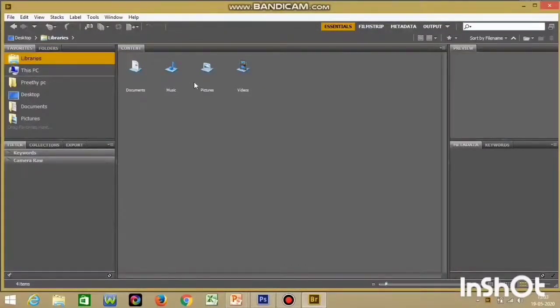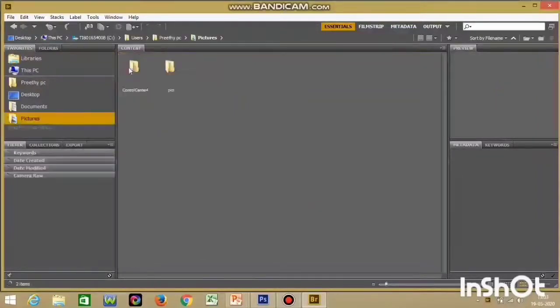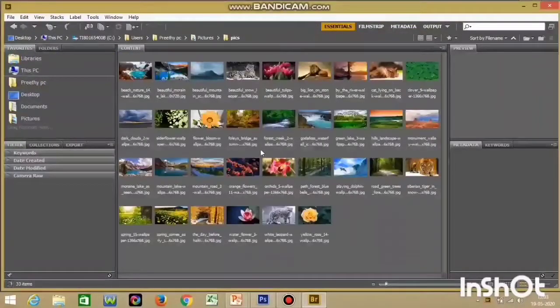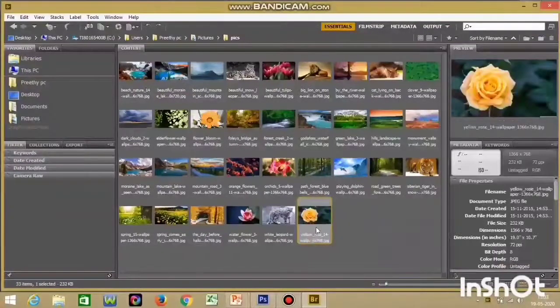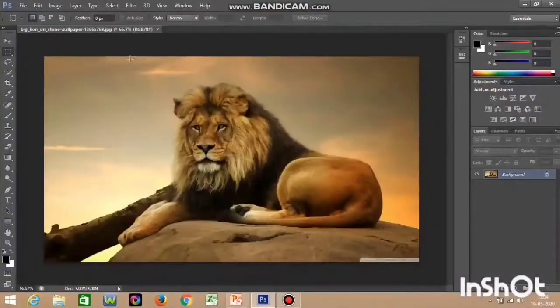When you click on Library, I already have a few pictures in this, so I'll just go to those pictures. The same images which I just showed you to open a file using the open command. If I want this rose image, I click on this, and you can see a few details over here. These are the details which I mentioned. The difference between the normal open command and the browse command is that in the browse command you are able to see the property details of your file: the image size, the image dimensions, resolution details. You get most of the details in this. So that is the difference between the browse command and the open command.